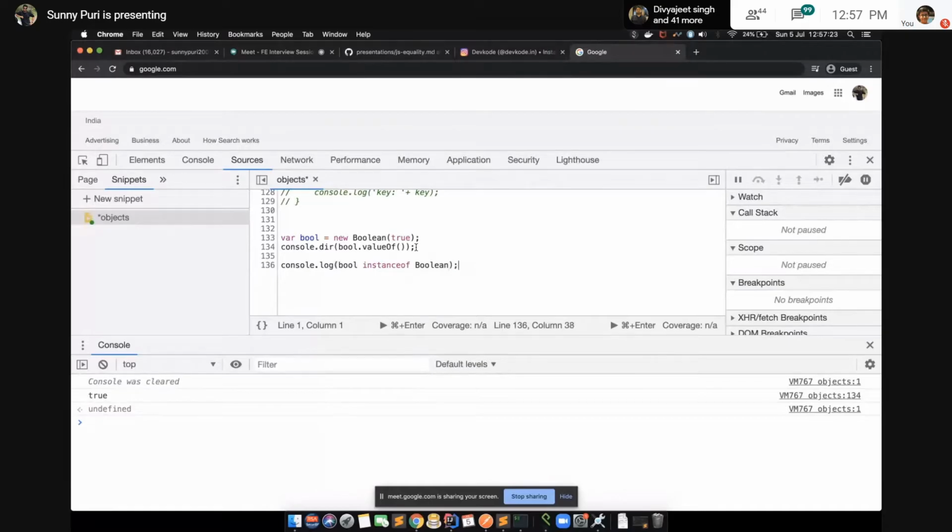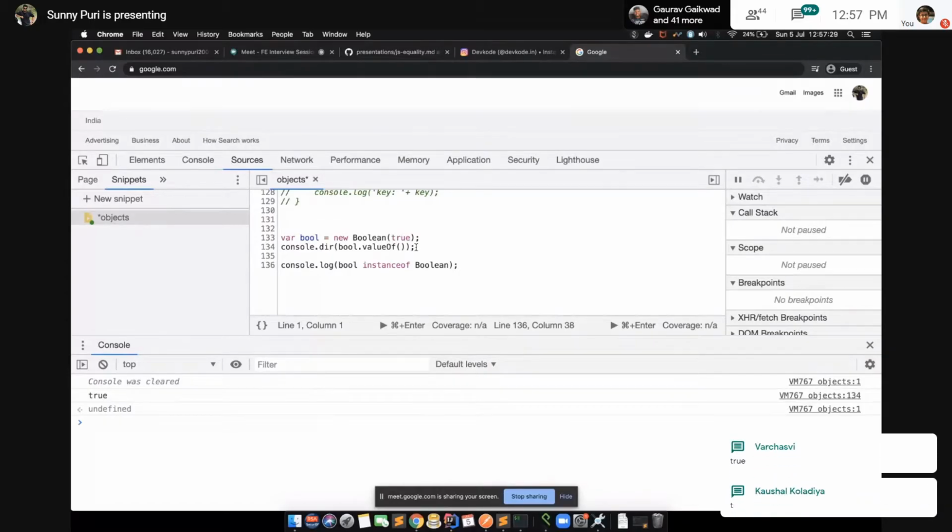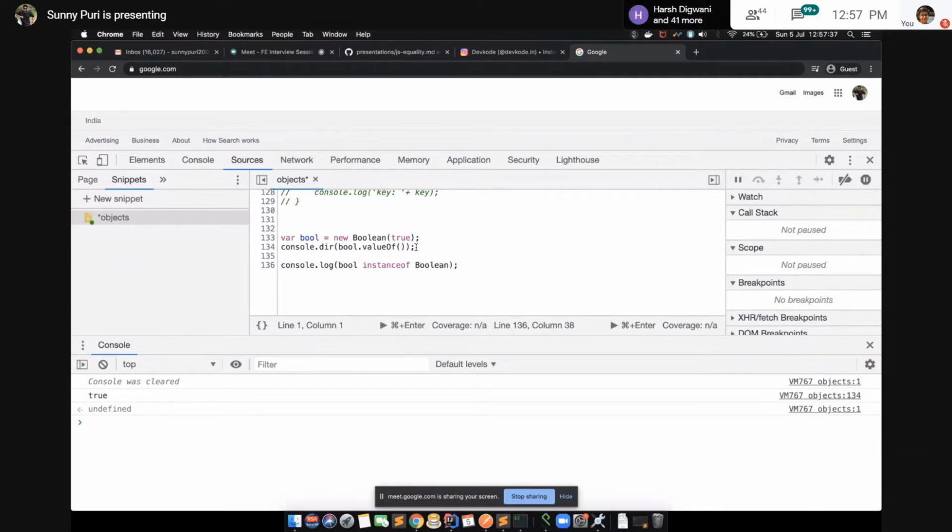Boolean class? What will be the output, guys? If I run it, is bool an instance of the Boolean class? Yes, true. Is this an instance of the object class?